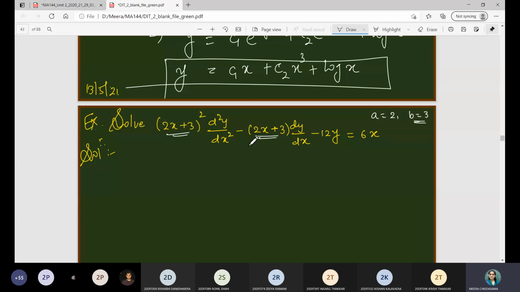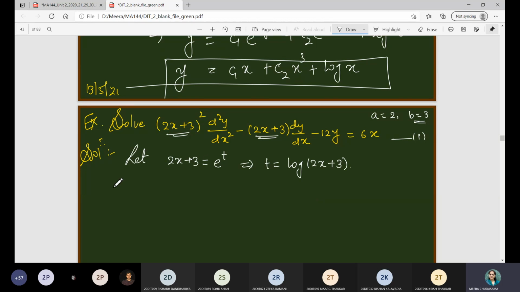Here we will first convert this differential equation. Suppose I label this as 1, then I will convert 1 first into a differential equation with constant coefficients. To convert to constant coefficients, first we have to choose 2x plus 3 as e raised to t, as we described in the theory part, that ax plus b is chosen as e raised to t. So now you can write what t will be. It is log of 2x plus 3. The rest of the procedure I am not going to write now, that is, what dt by dx will be and how dy by dx will be converted in terms of dt.